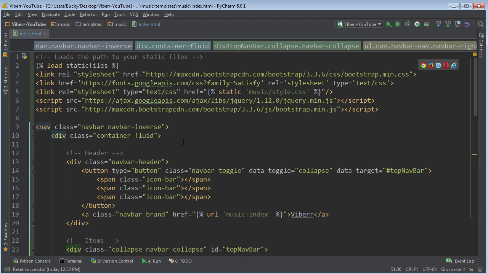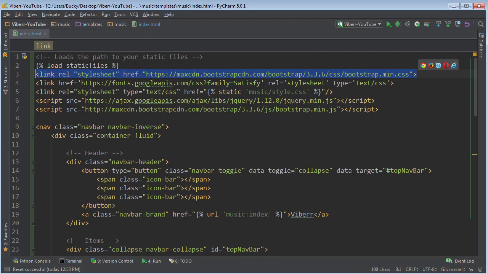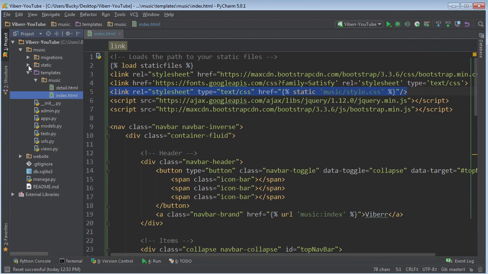Now, it's important to note, this right here is the default bootstrap style. Now, what we want to do is we want to make some tweaks. So whenever we include our CSS file, we need to put it after it. If we put the bootstrap file after this line right here, then all of the bootstrap code would overwrite our styles. So again, what you always want to do is you want to import this first, and then whenever you want to make a tweak, you put it under it. So now we can go into our static